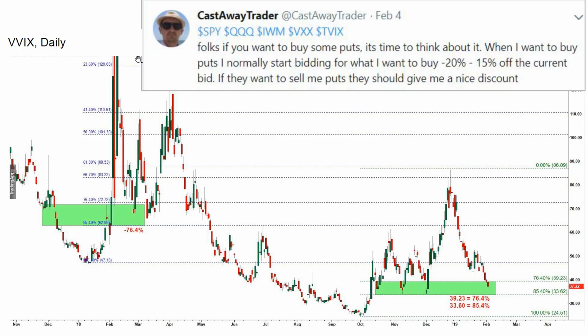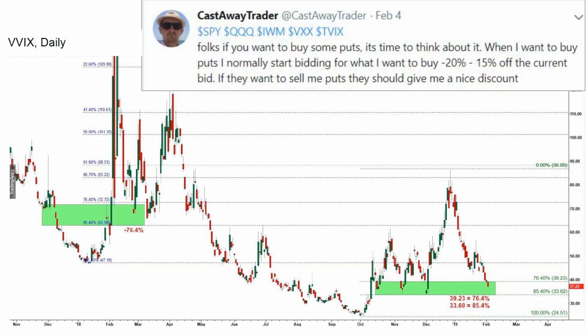And why I posted the chart of TVIX, it's my typo, sorry. This is a fund which invests in futures on volatility. It's very important if you want to buy puts to understand what's going on with the volatility regime, because the lower the expected volatility is, the lower the price for your puts, because volatility is a significant component of the price of your options.